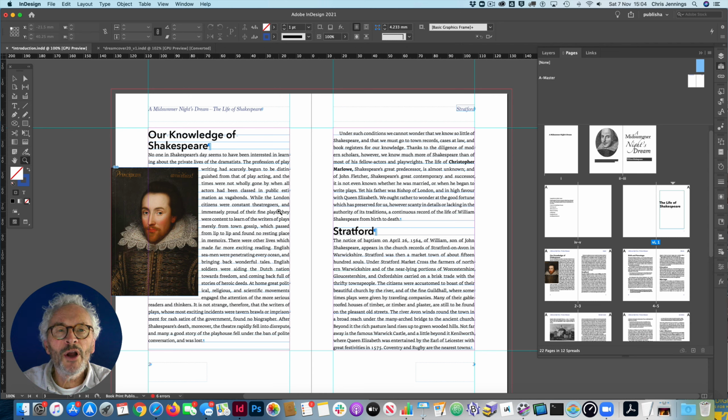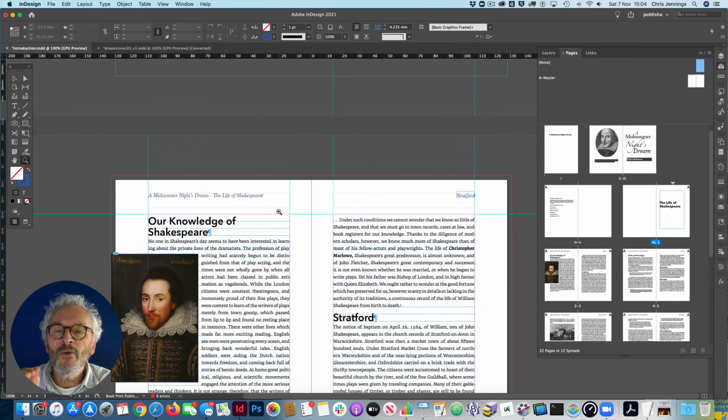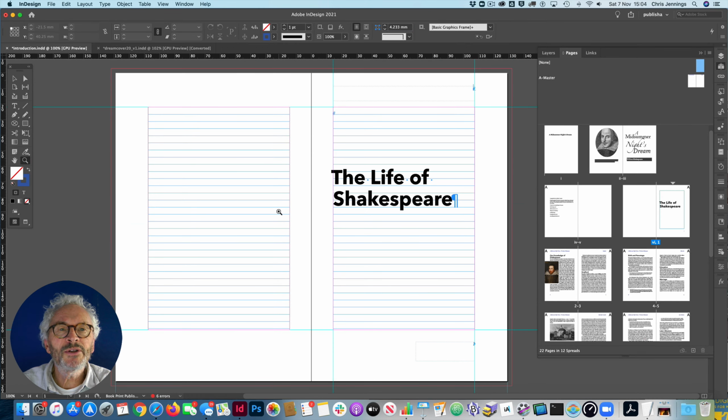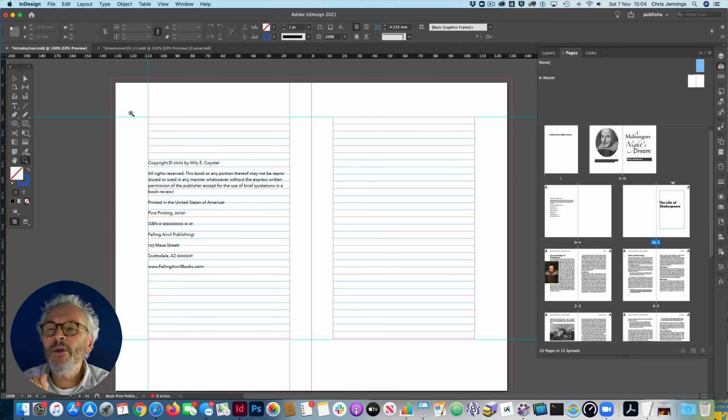So if I want to look up where the section on Stratford starts, then I expect to see that in the table of contents. Similarly, our knowledge of Shakespeare, or birth and parentage, or education. In this particular book, we only have that level of heading, apart from, of course, the top level heading, which is this one. So we want those things to appear in the table of contents. So how do we go about that? Well, we do it through